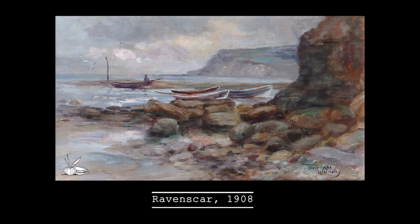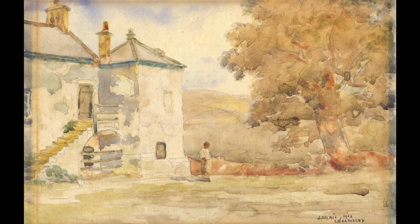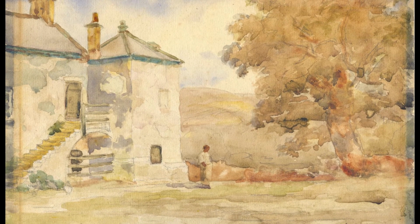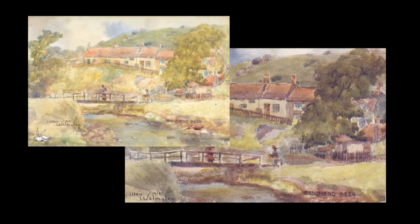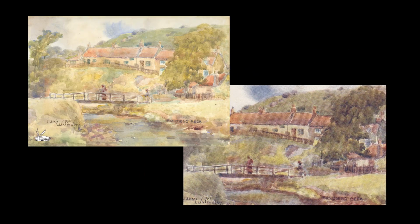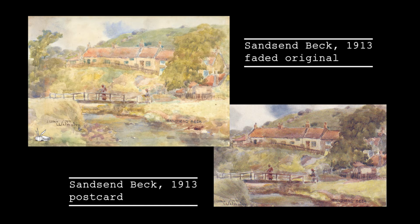All the time he was striving for perfection working in oils, the medium he preferred. These account for around a quarter of his known works, even though his watercolours intended for the tourist market are valuable by today's standards. Many of them will not have survived, having faded over the years or been consigned to a damp attic. Oil paintings, on the other hand, are more durable, and we can identify quite a few of those listed in